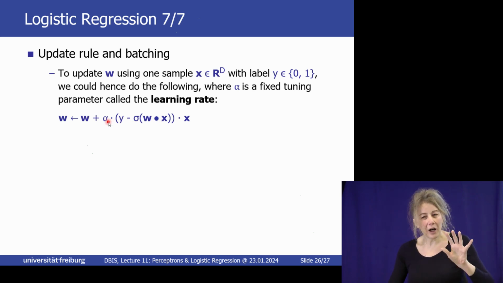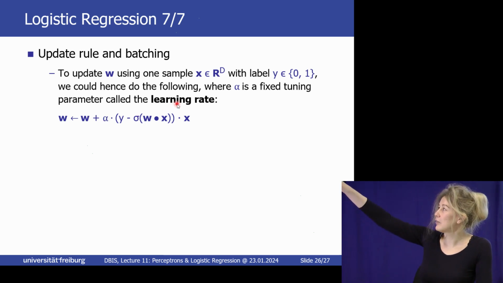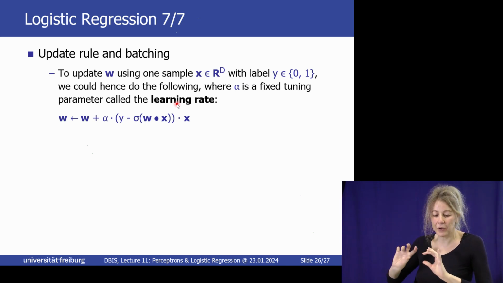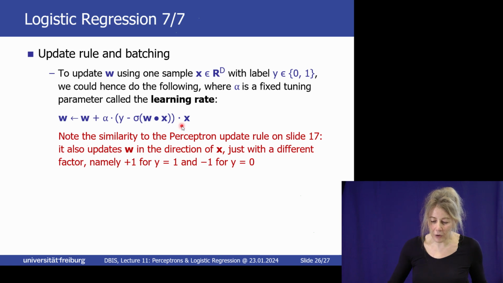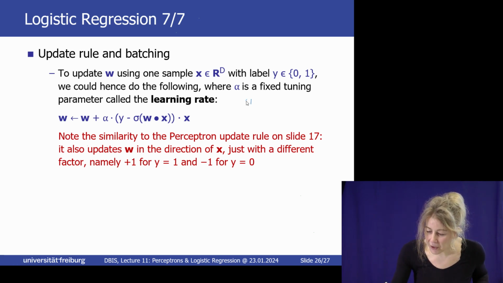And then how much do I go in the direction of the gradient? That's just a factor which we call the learning rate, right? I see this direction. Now how much do I go there before I re-evaluate? Maybe 0.1, 0.01. It's a parameter. It's the learning rate. So now I get this, and note what we had for the perceptron, right? Let me just write it here, and then we are almost done. For the perceptron, we had W